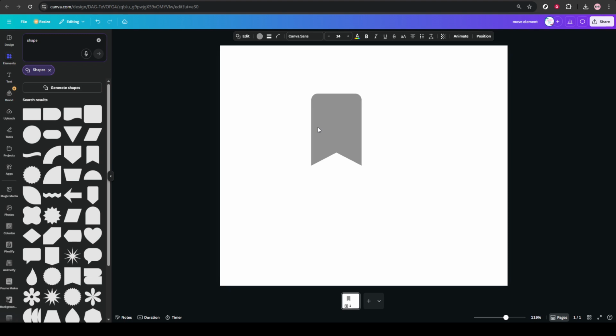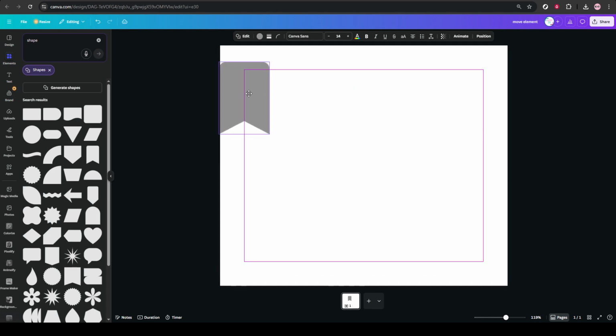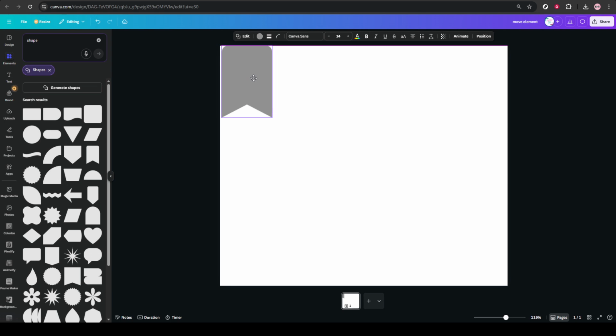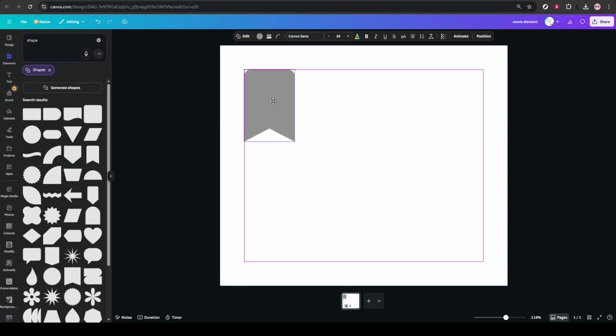As you move things around, Canva will show smart guidelines, those thin lines that appear when your element lines up with the edges of the page or with other objects. These help your element snap into clean alignment. If you drag toward a corner, you'll see guides that help you align with the edges and margins, so things